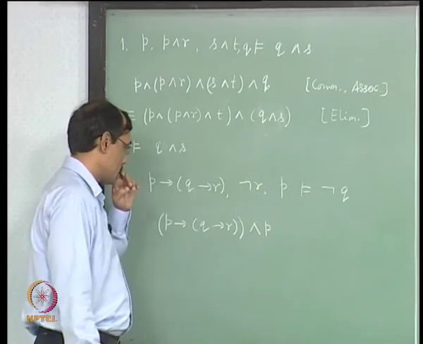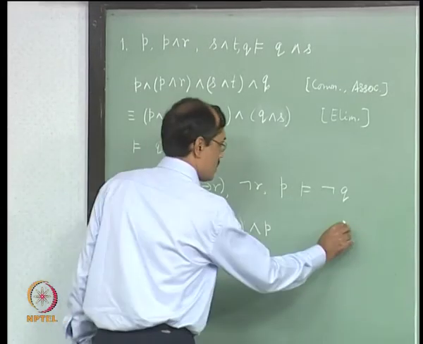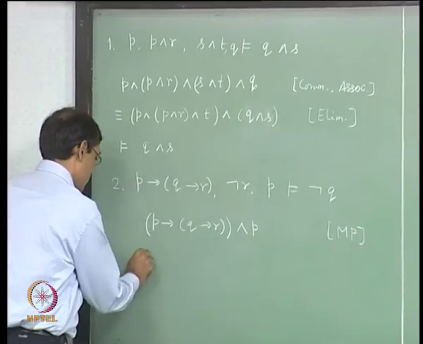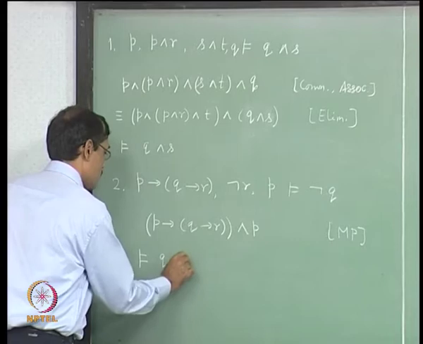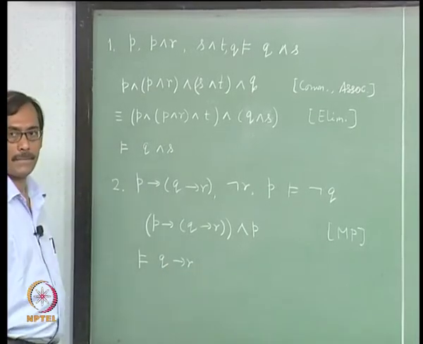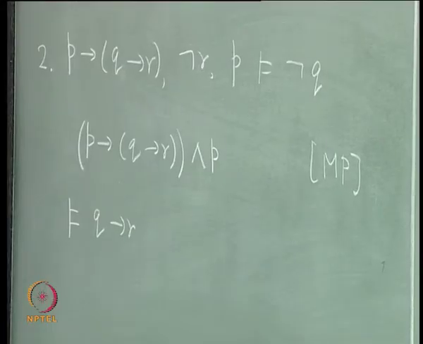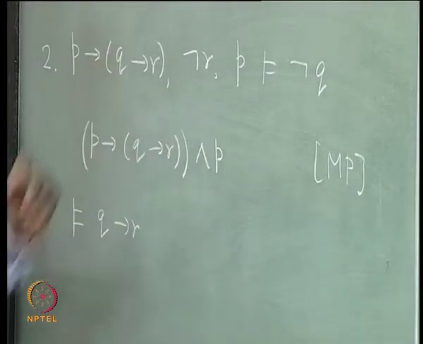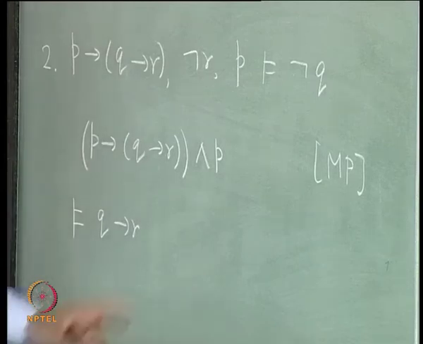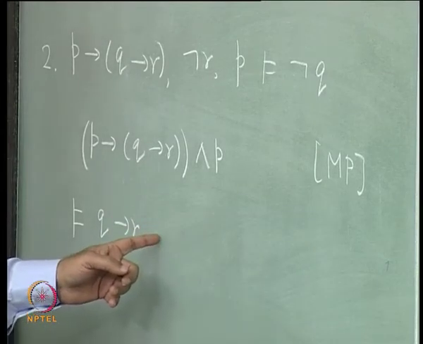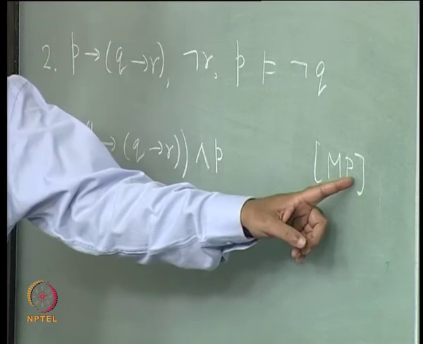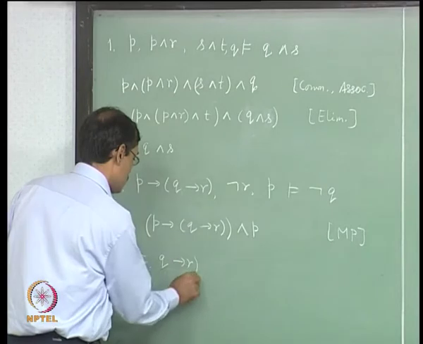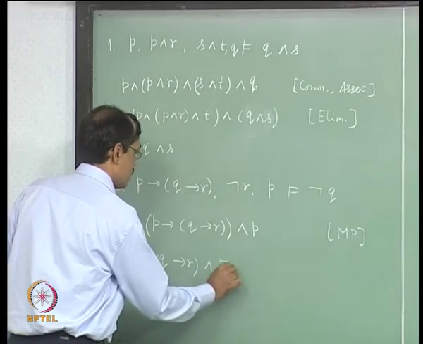So, now our plan is to use modus ponens here. We write and document it as modus ponens, which entails Q implies R. Then what happens? With Q implies R, we want to add also not R. Fine. So here itself you can add not R, or from here you can plan what is happening. In that case you say this and not R.